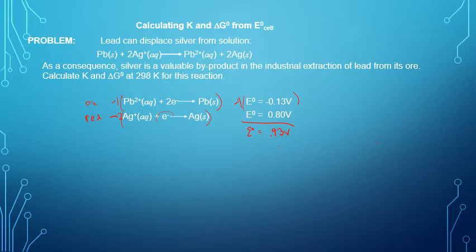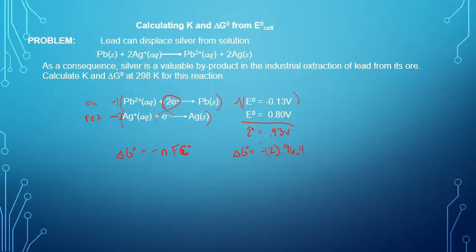Now, when I look at this, I'm going to solve for the delta G naught, and that would be equal to negative nFEcell for my particular reaction. So I would have my delta G equal to negative 2, because here my n would equal 2, and then I'd multiply that times the F. I'm going to convert that straight into kilojoules because I need that for the delta G. So I'd have